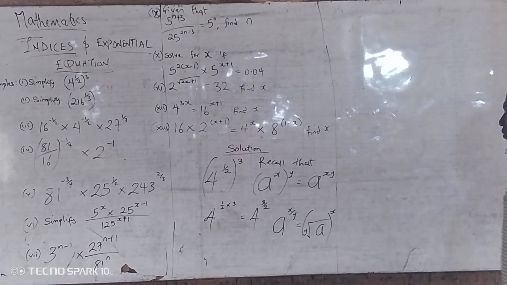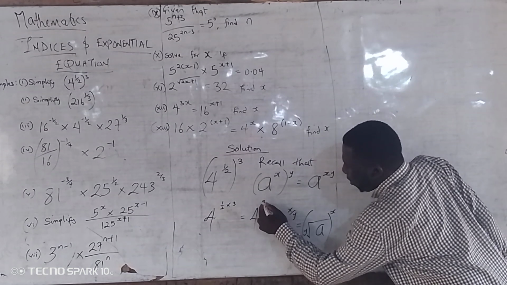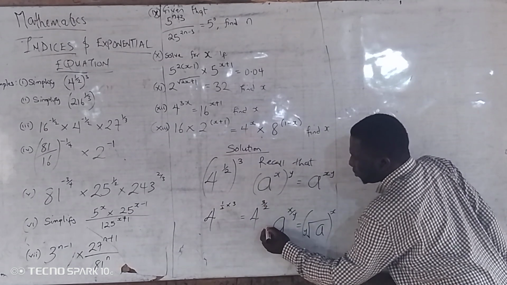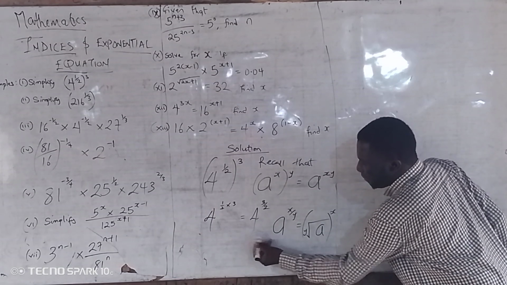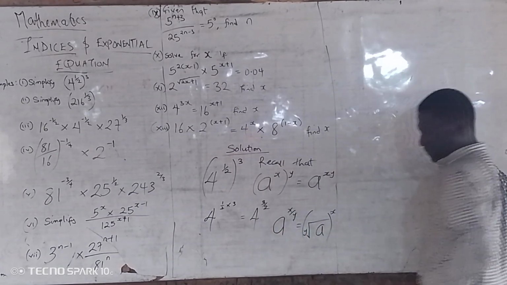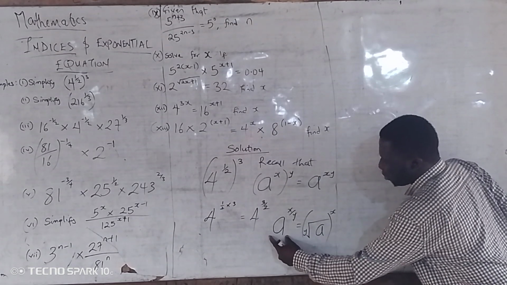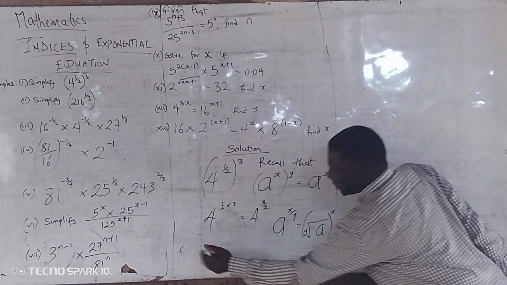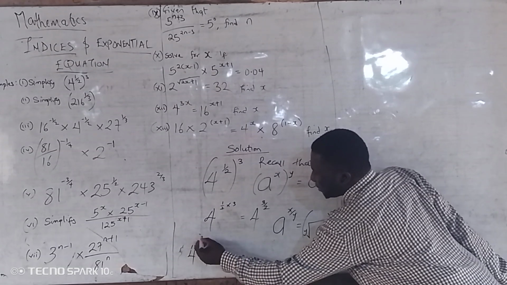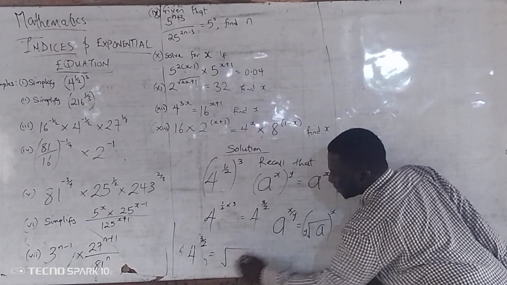Remember this law? So where a is the 4, x is the 3, and 2 is the y. So what happened to this one when it was like this is what will happen to this also. So that 4 to the power 3 over 2 will become the 2, that's square root,